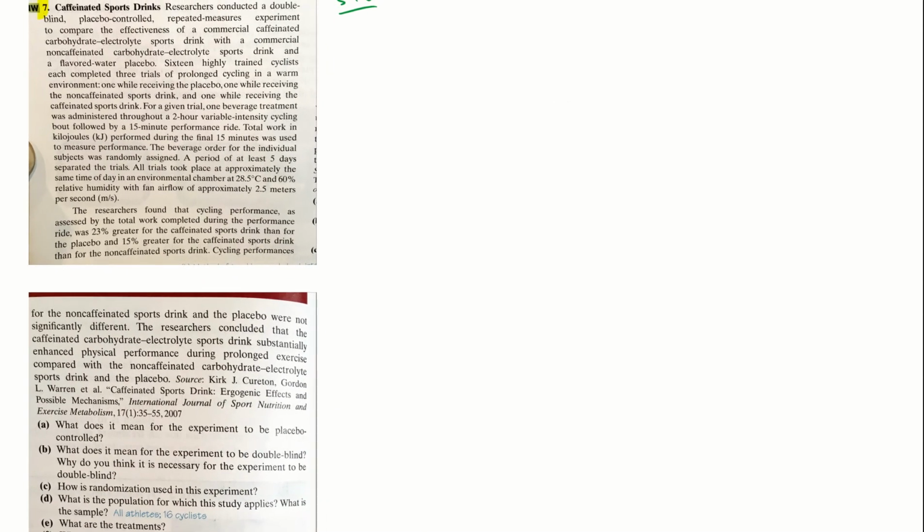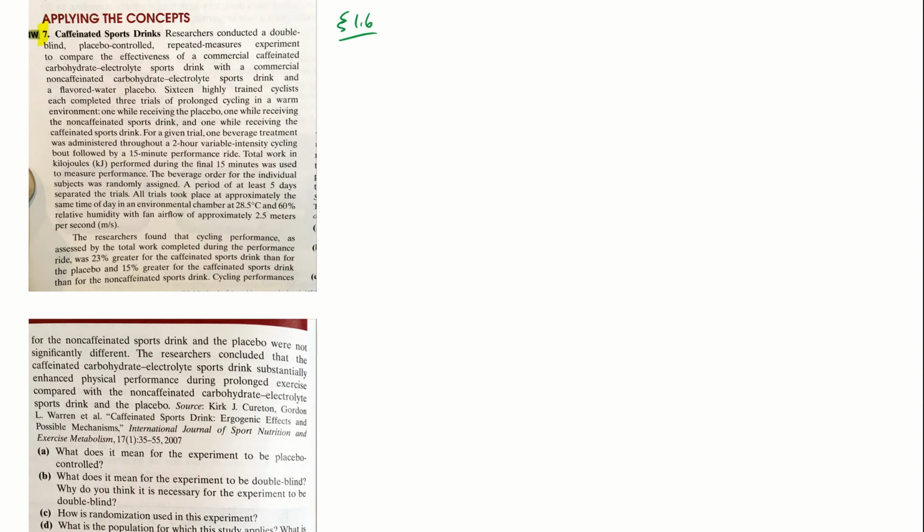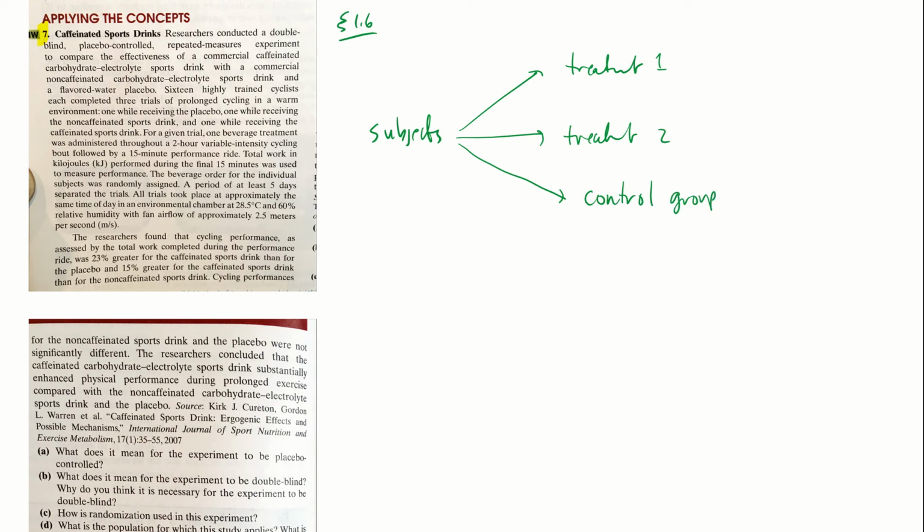So basically, an experiment would be something like this, where, as a general statement, you've got your subjects, and then you have the different treatments. Treatment 1, there might be treatment 2, and you might have what we call a control group, although not always. And a control group is what we say, oftentimes we use a placebo,